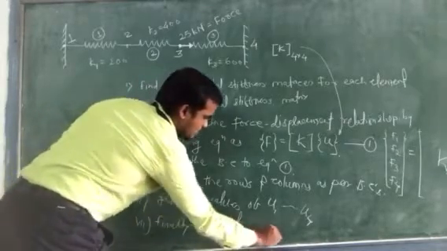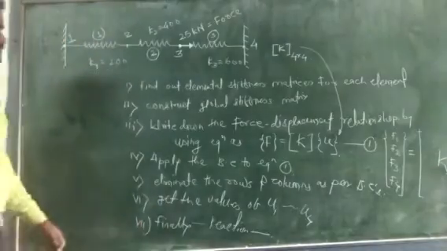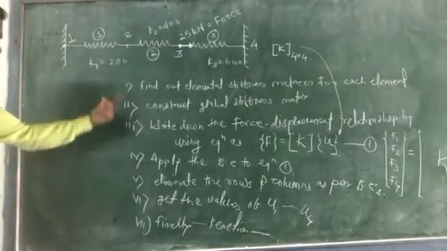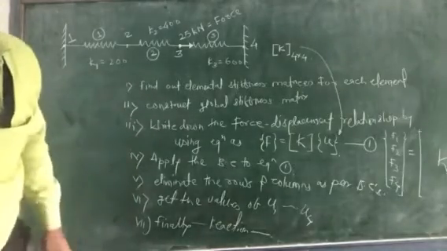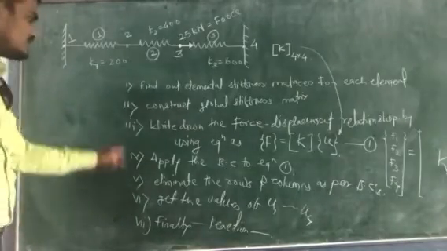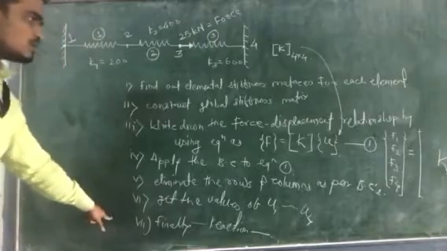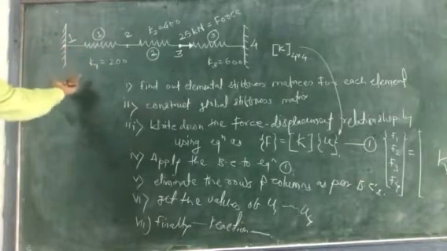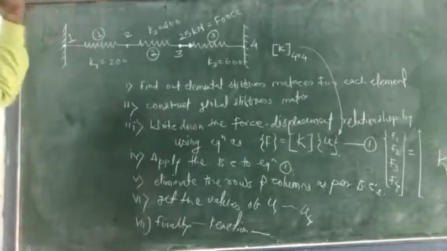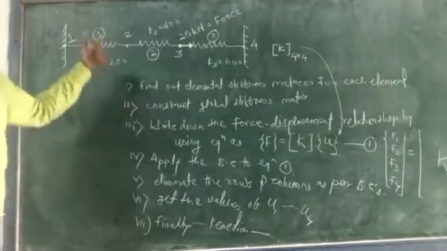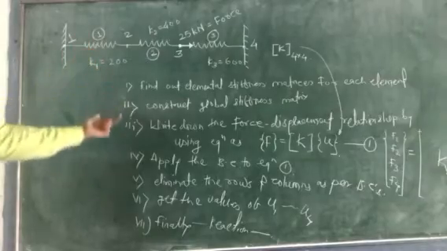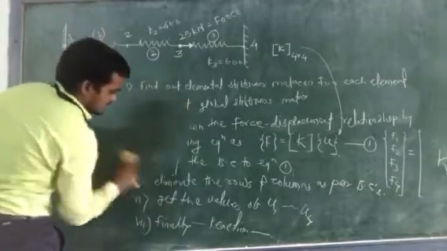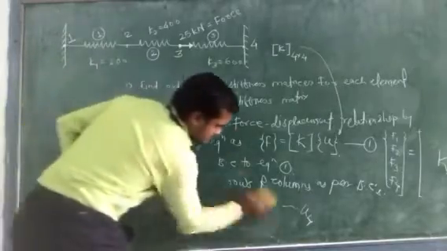Okay, so how we are going to proceed with this procedure, we will see step by step. This is the finite element procedure to solve this spring system or to solve any one-dimensional problem. Or you can apply this same procedure to two-dimensional and three-dimensional problems. So we will solve this by using this procedure.